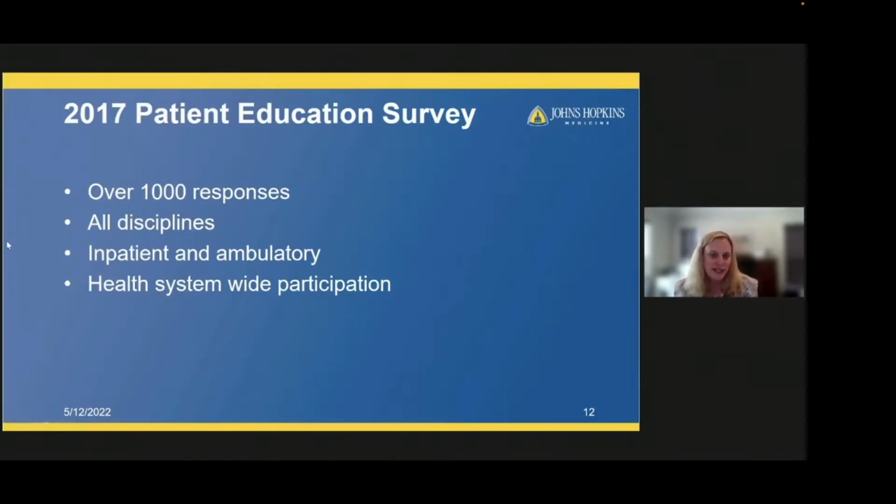In an effort to get insight from end users, we developed a survey using our subject matter experts to look at how staff find, access, and utilize health education materials with the patients. The survey was important for us to understand what was going well and what we needed to improve on in terms of health literacy and education within our health system. We wanted to hear the voice of the bedside clinician and determine ways to make patient education easier to use for our clinicians. We really wanted to put things at the fingertips so it was easy to give to the